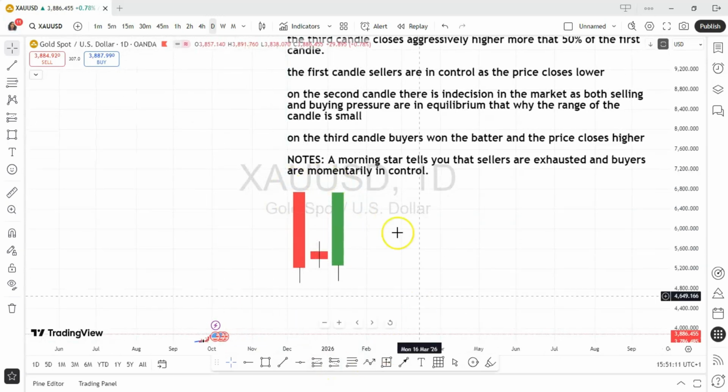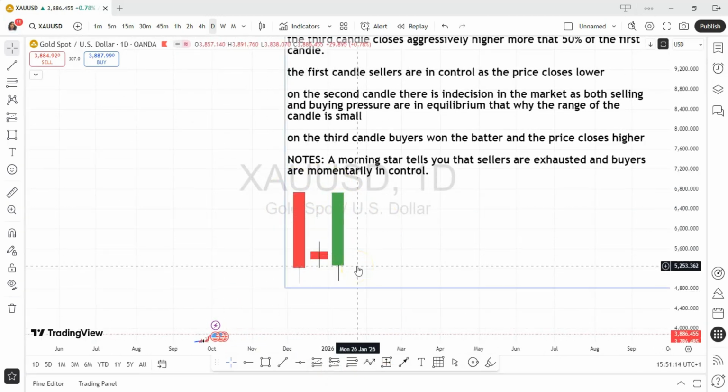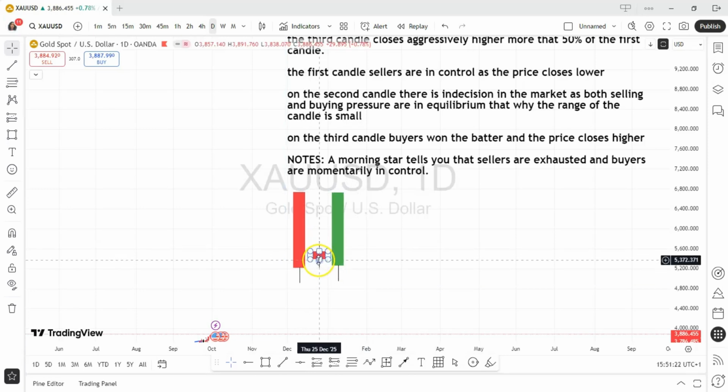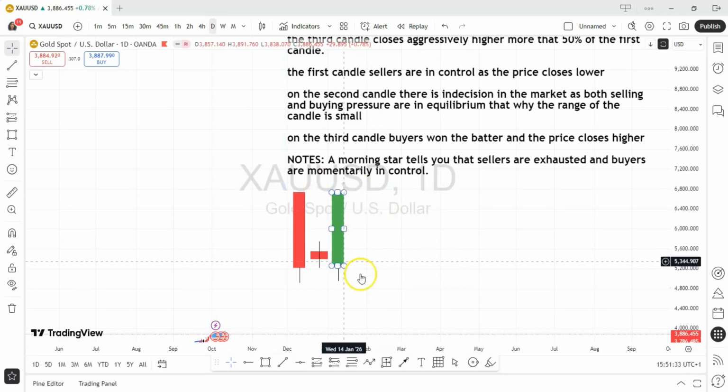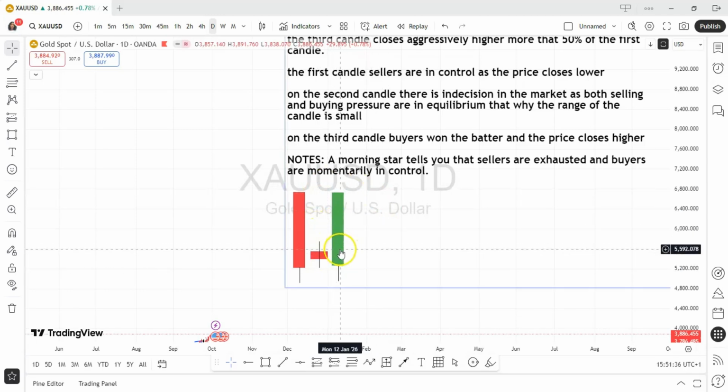Now, this is the morning star, giving us a three-candlestick formation. This is the first candle, sellers are in control. The second candle, what happened? There's an indecision, which I explained to you. Indecision is where buyers and sellers are struggling, but no proper conclusion was made. And the third candle is giving us a massive buy, telling us that buyers have already taken over the market. So the morning star helps you to identify a potential reversal, which is